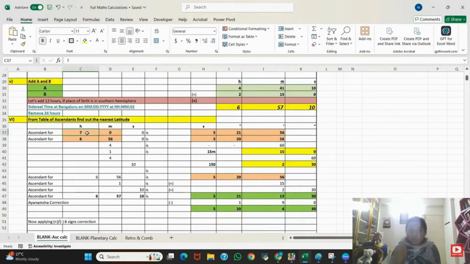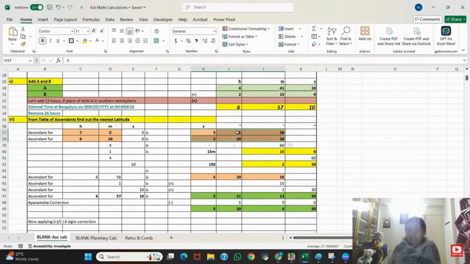So for 12 degree north at 6:57 minutes, this is what I have to find. I have it here as a 4 minute difference. In the 6 hours I have 6 hours 56 minutes and 7 hours 0 minutes. I have taken this interval because 6 hours 57 minutes is between 6 hours 56 minutes and 7 hours 0 minutes. So when I note down 7 hours 0 minutes and 6 hours 56 minutes, for that what is the